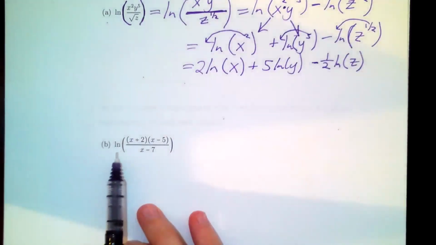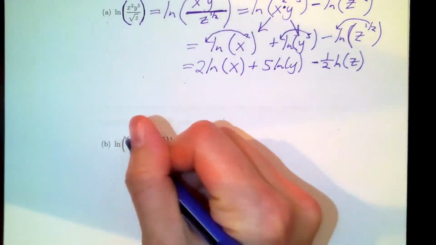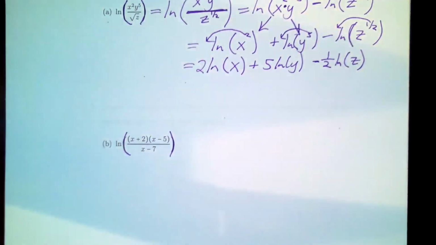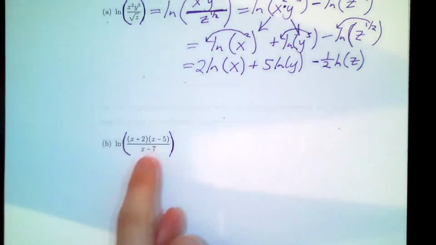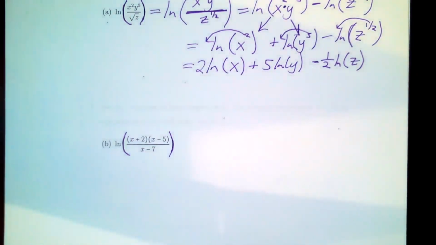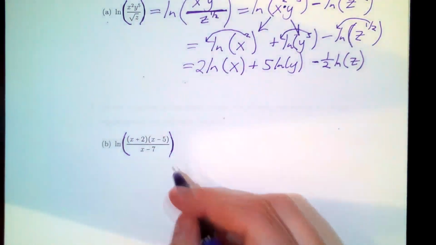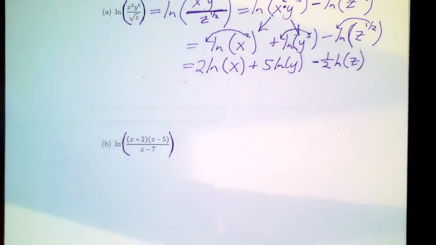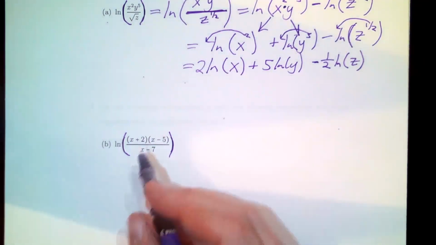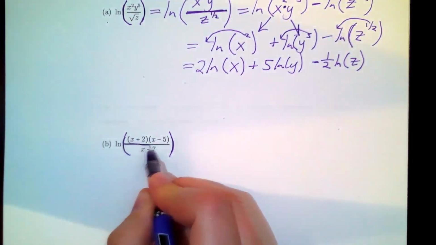I'm going to expand my log. Now this is one log. This is ln of all of that. So this is one log with a bunch of stuff inside it. And so I have to ask myself again, okay, do I have any multiplications or divisions in there? And when I look at this, we go, oh yeah, we have one big division,